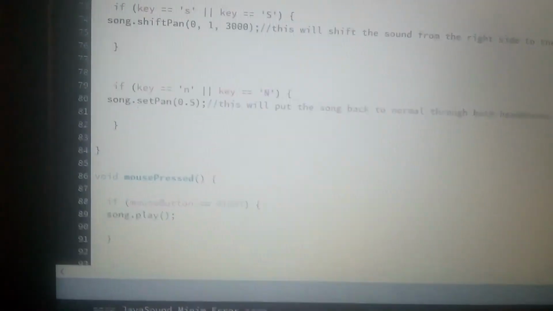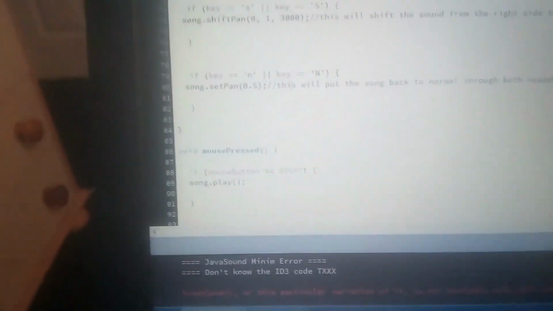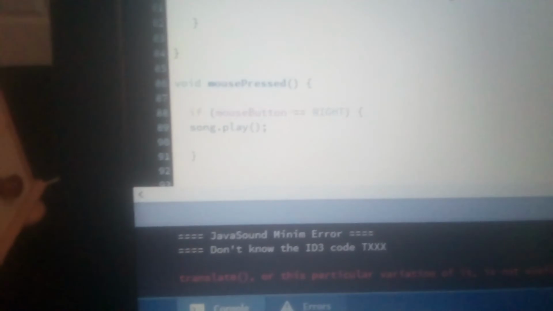And then I used some code from what we'd been learning in class, because we learned about the minim library, as well as the interactive stuff here, which allowed the music to be paused, rewound, fast forwarded a bit, and then it has a part which allows it to be used with headphones. For example, if you press M, this will put the song back to normal through both headphones. However, there's also a